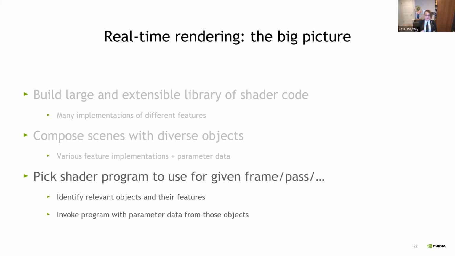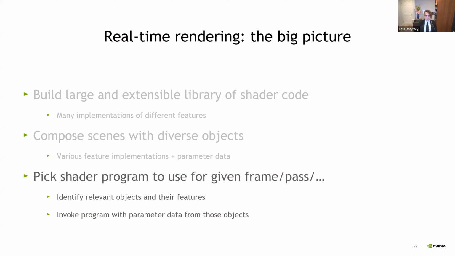This is what we want to do every frame, or for every operation within a frame. Often we talk about passes within a frame in the rendering world. What we're going to do is pick a program we'd like to use for that operation, figure out which objects in the scene are relevant for that operation, and then invoke that program, passing whatever parameters we define for those objects into the program. I'm being very coy here about all the details, but this is the big picture